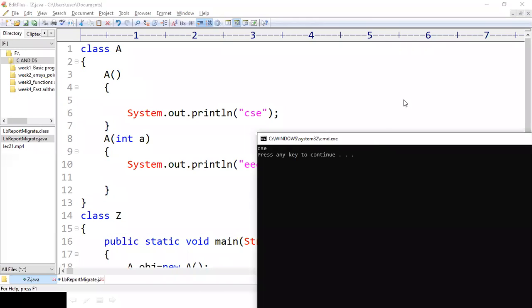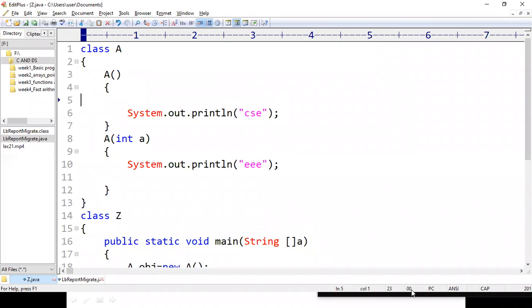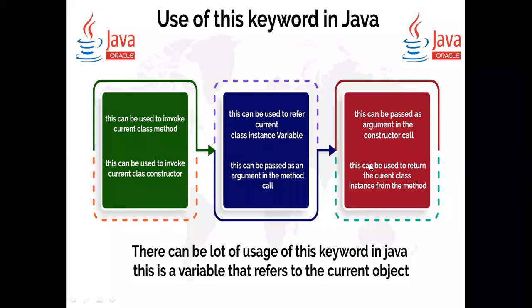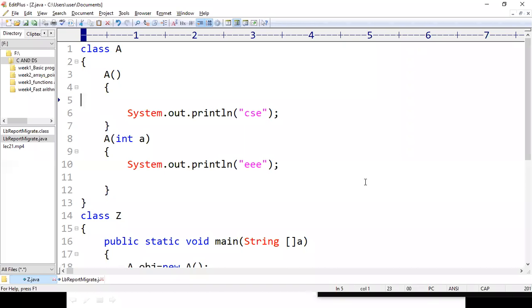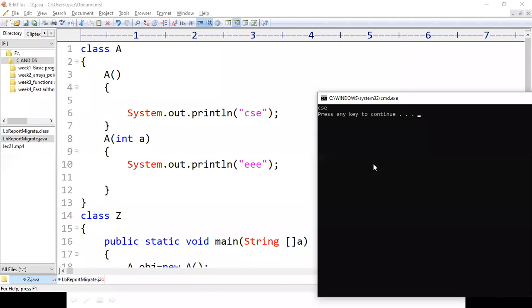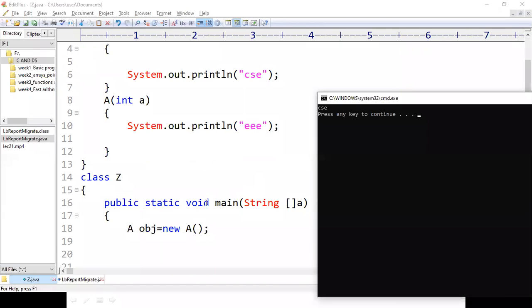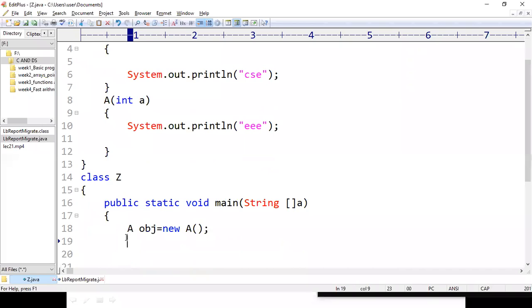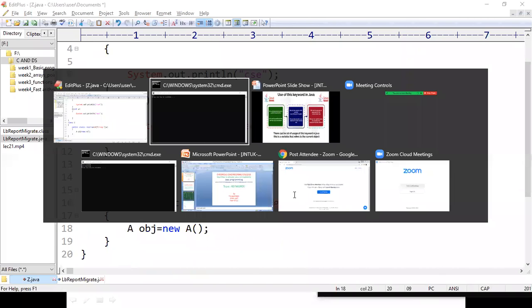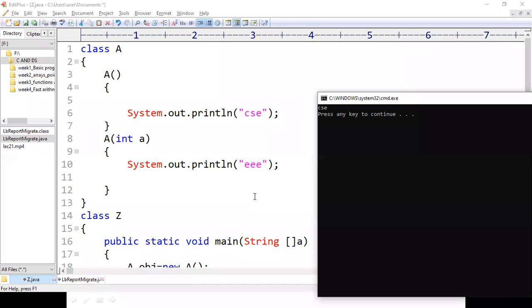Now, if you observe, it has printed CSC on the output screen because we have created an object for the constructor with 0 parameters.